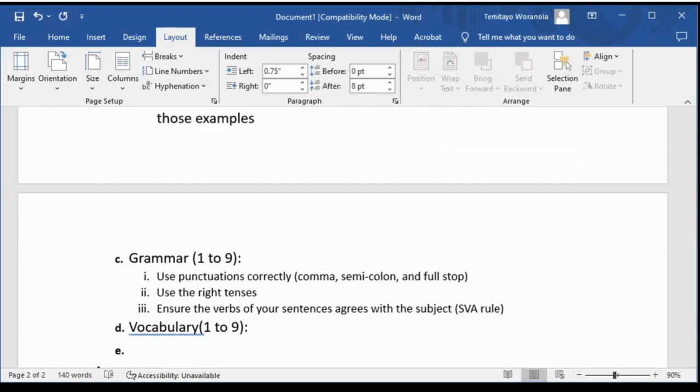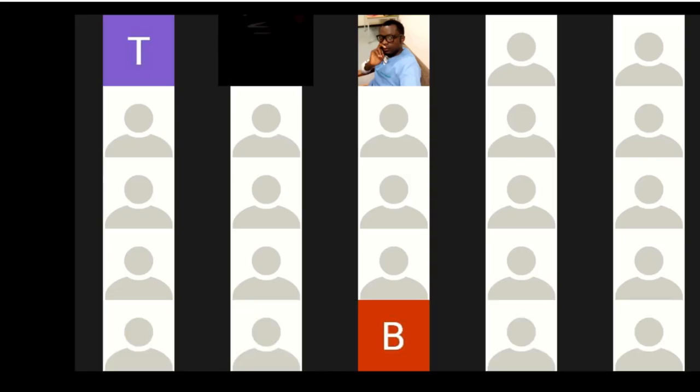Well, I'm not going to go into that now, but what you can do is just go to ChatGPT and type, explain the meaning of subject-verb agreement. Treat ChatGPT as an English teacher. In fact, let me do it for you. Let me show you what I'm saying. You guys need to learn how to use ChatGPT very well.